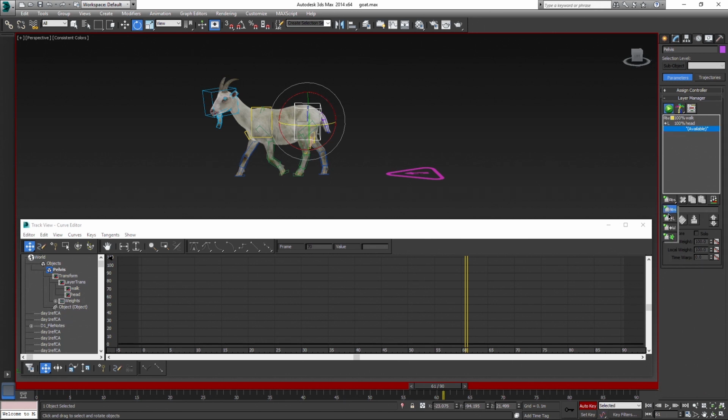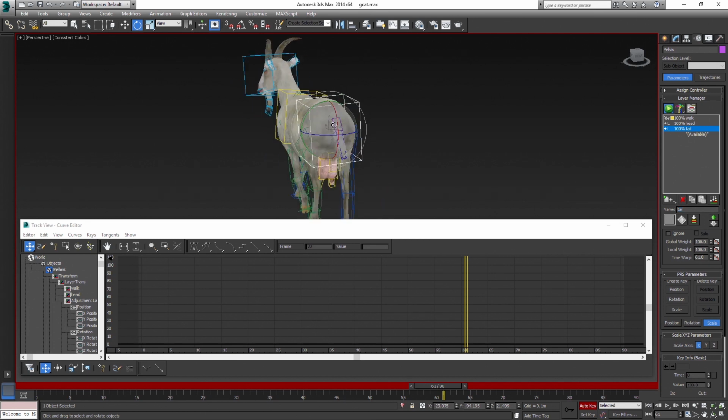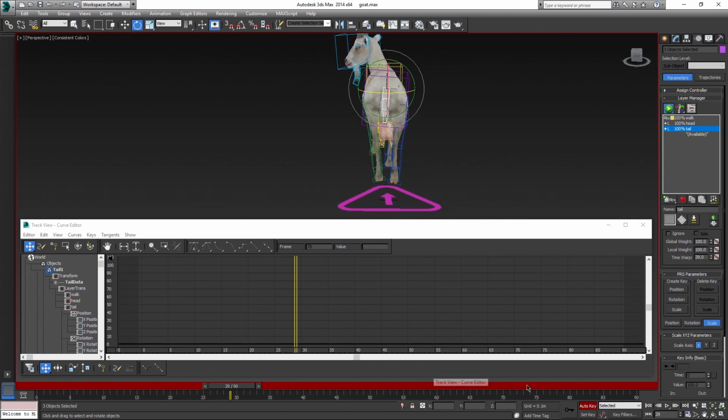Maybe even do another one for the tail. Make it fling a little at around frame 30 for example.